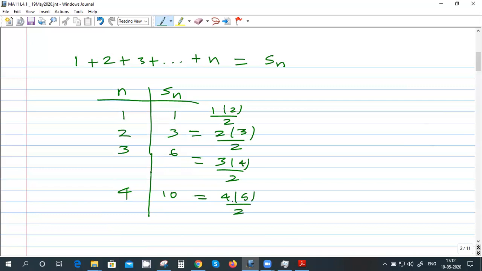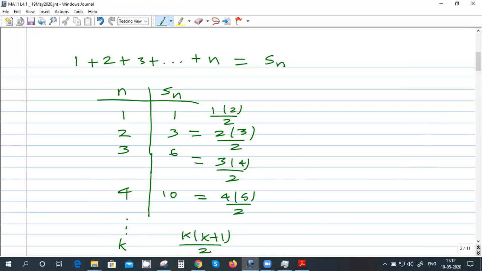So we see a pattern here. If you want to get the sum of first k terms, then the sum will be k into k plus 1 divided by 2. Lakshya, following? Yes, sir. I'm trying to get the formula, but right now I'm assuming that I don't know the formula. So this is one way of guessing the formula. I just put n equal to 1, see what is the sum, and then n equal to 2, and I can write the result in this form: 1 into 2 by 2, 2 into 3 by 2, like that. So from that I can generalize for the sum of k terms as k into k plus 1 by 2. This is one way of doing it.